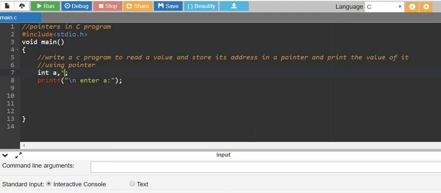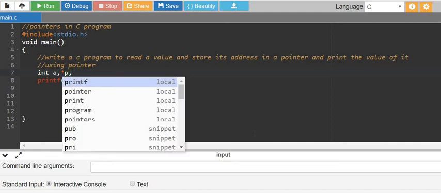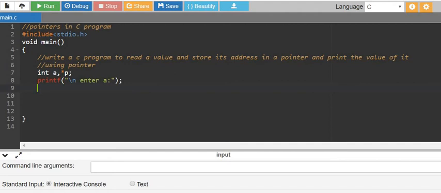So we are going to store the address of an integer variable in this pointer. So you have to create it as an integer pointer. If you are going to store a floating point variable's address in a pointer, you are going to declare it as a floating point pointer. Similarly, if you are going to store a character variable's address, then you have to create it as a character pointer. Here, as we are going to store the address of an integer variable, we have declared it as an integer pointer.